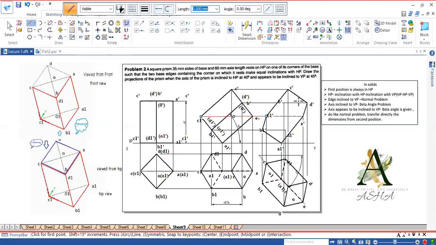You are writing the front view. So observer will be at the bottom. So base near to the observer is A, B, C, D. So A dash, B dash, C dash, D dash. Make that as visible. So after doing so, any point near to XY line will be D1.